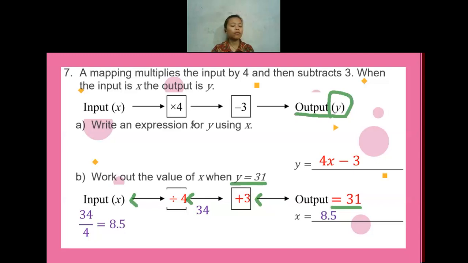Is there anyone having any question, or maybe I talk too fast? For question 7, is there anything that I need to re-explain, or is it clear enough for you? No question? Okay, for sure. If you have no question, I will move to question 8. Feel free to interrupt me whenever you have any question. Do not keep being quiet.